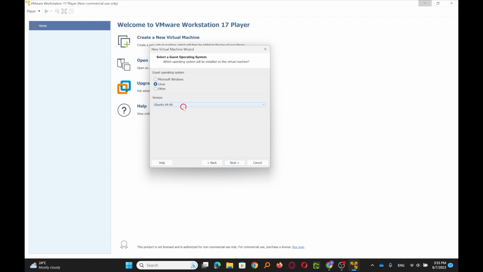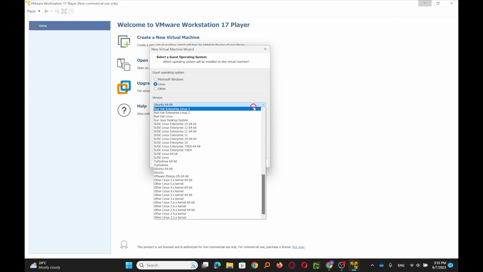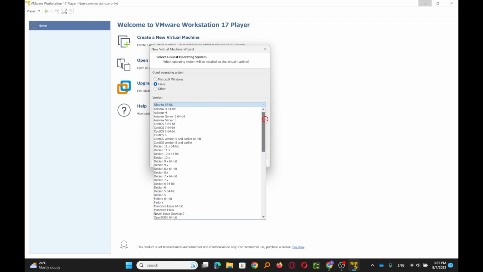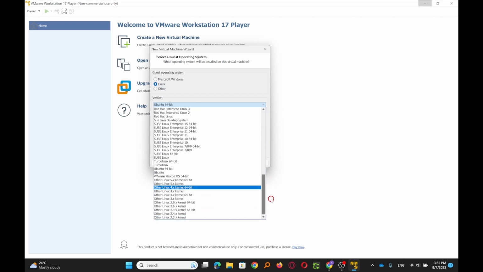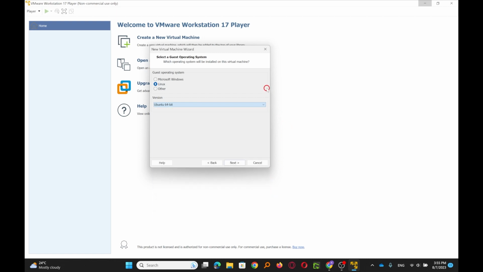And the version of Linux, we are installing Ubuntu 64-bit. But in case you are installing a different version of Linux, you just click the down arrow and select whichever version you are installing from the list. So we'll keep that to Ubuntu 64-bit and click on Next.